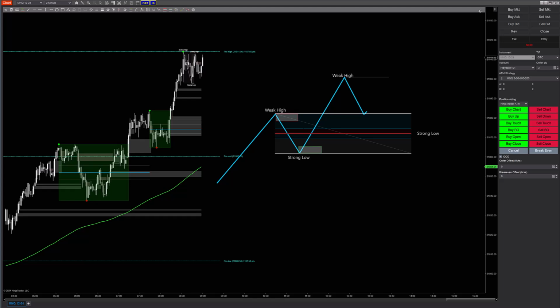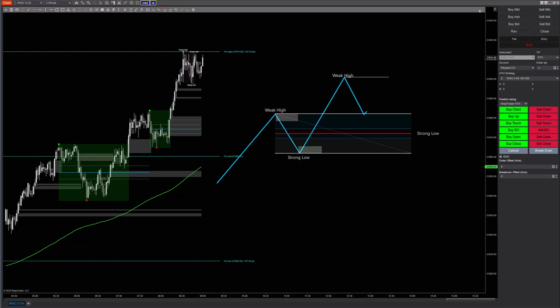Okay, greetings traders. In this video, we'll be looking at the latest addition to our suite of NinjaTrader tools and indicators. This is our dynamic reversal zone indicator. Now here I have a 2-minute MNQ chart with the DRZ indicator applied to the chart. Additionally, you'll note at the bottom here I have a 200 EMA on the chart for a bit of trend